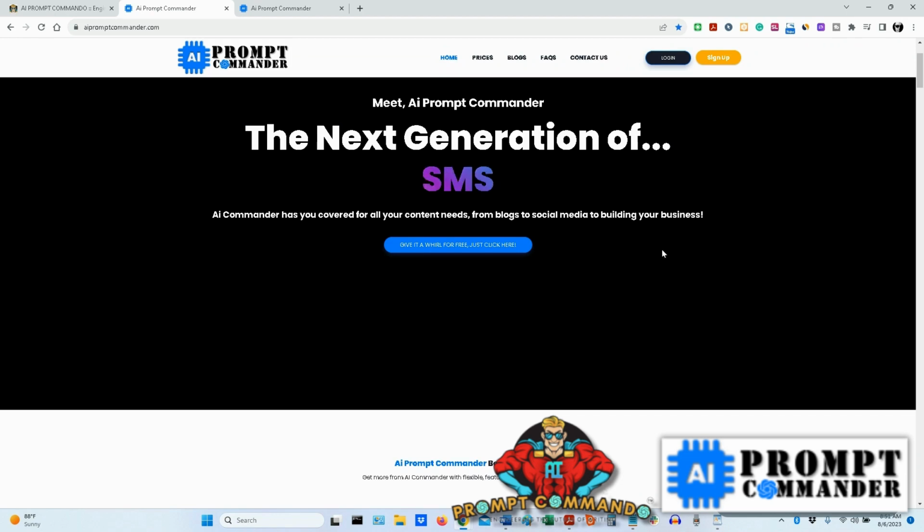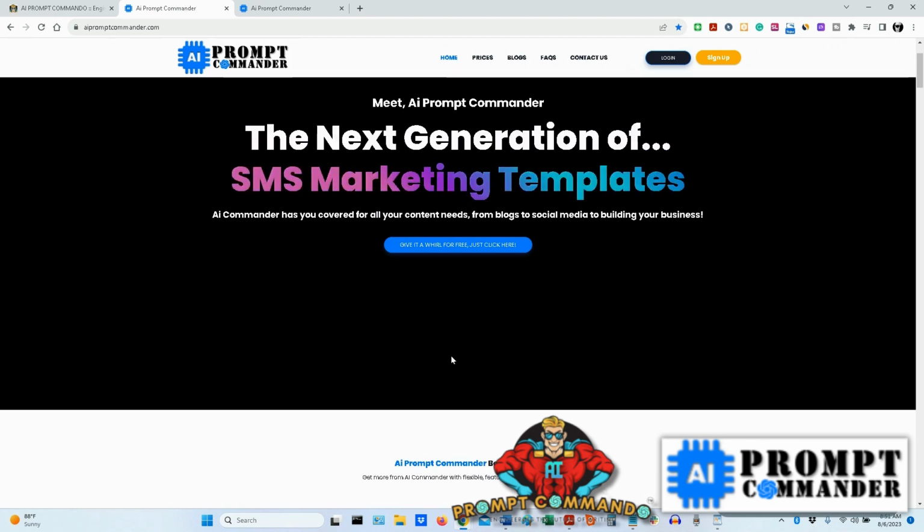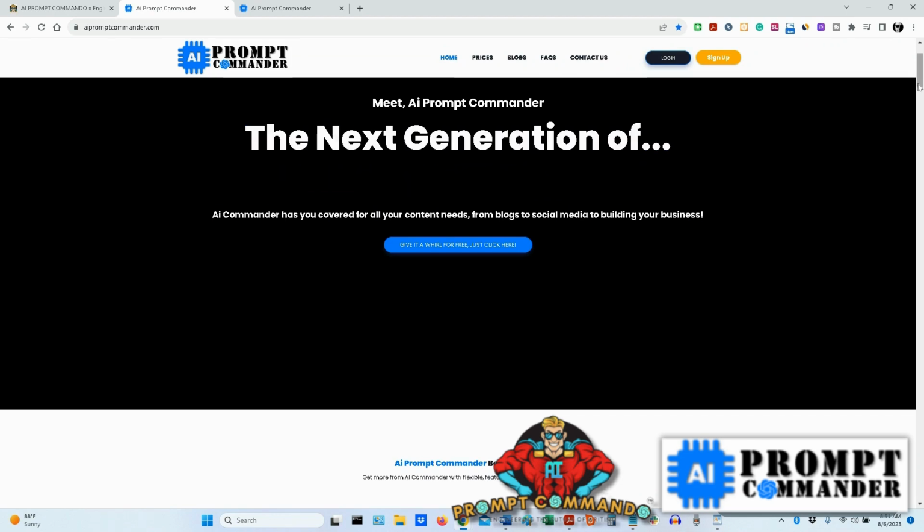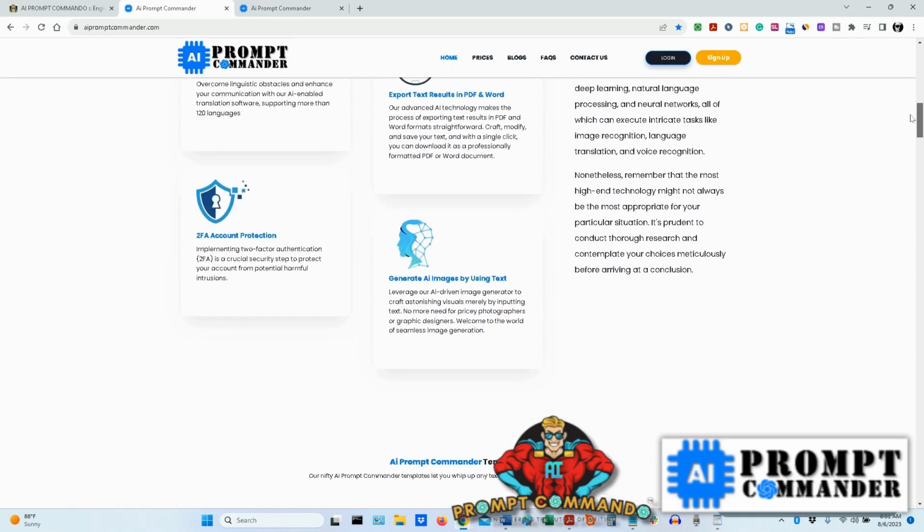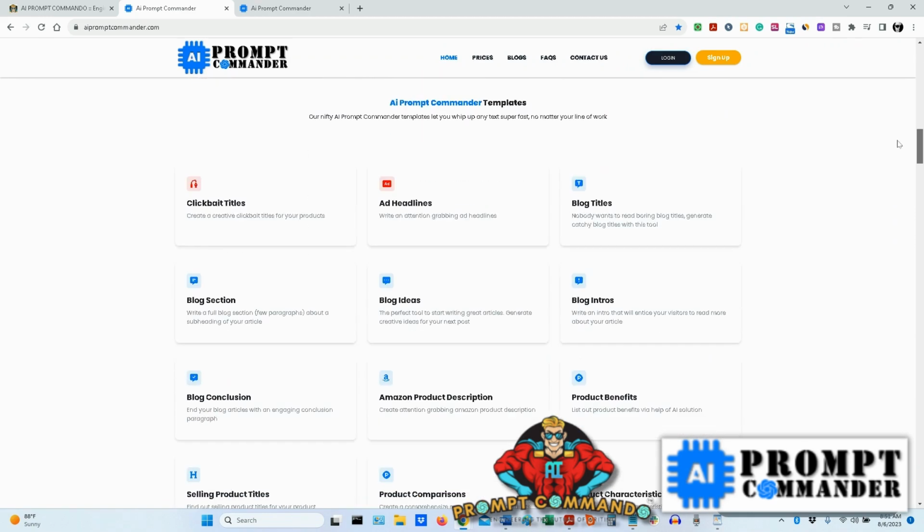So the reason why I'm bringing this up, and this is important, is because all of this that you see on this website is going to be available to you as a user for free. Part of these templates you see here, there's at least right now over 75 templates. And by templates I mean when you click on one of these templates, you'll be given some tools to put in a few words and it'll automatically come up with some text for you. You don't even have to think about it. Just put in a few words and it'll be done for you.